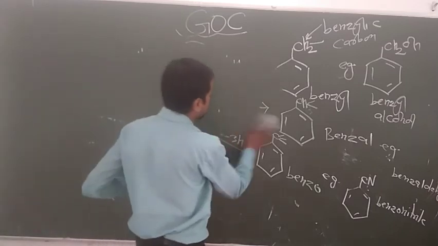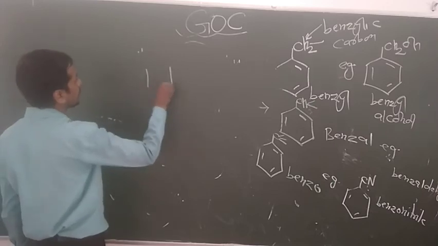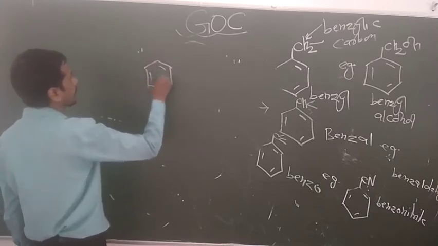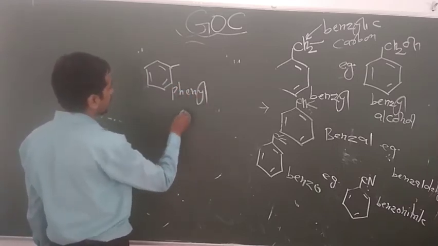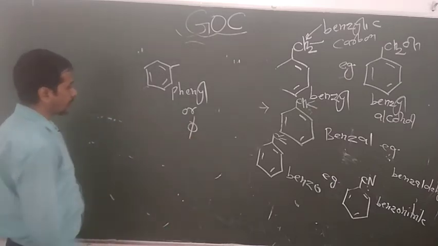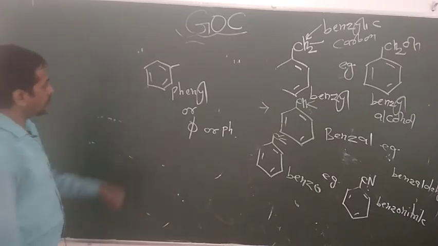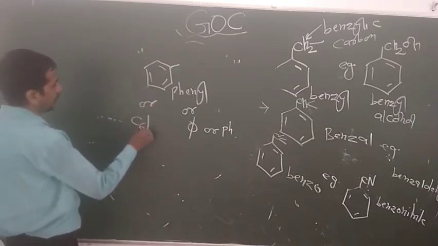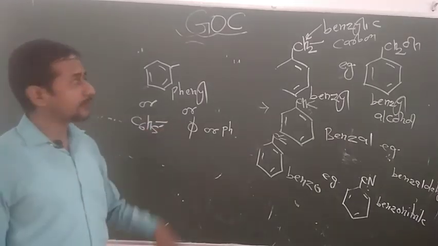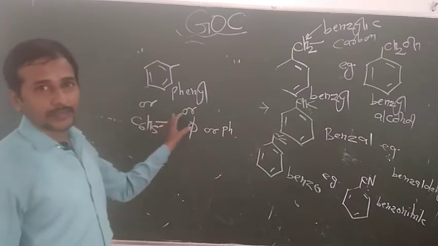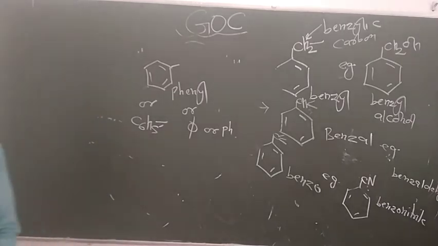Now dear friends, lastly I want to tell you that the group formed by the removal of one H from the ring is known as phenyl. It is also written like this, or written as Ph. Basically this is C6H5. In the form of a formula, it can be written like this: C6H5. So now dear students, these are about the groups formed by some hydrocarbons, which you basically need to learn organic chemistry very well. Thank you dear students.